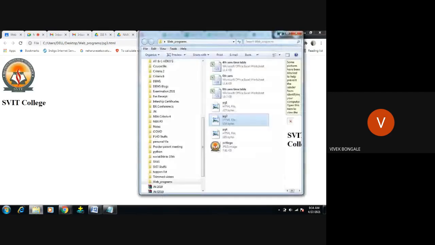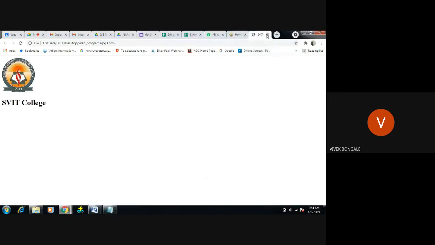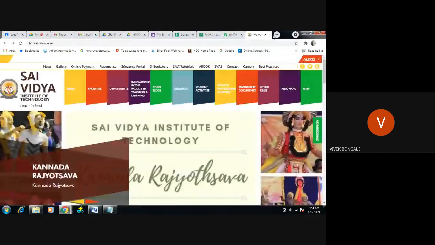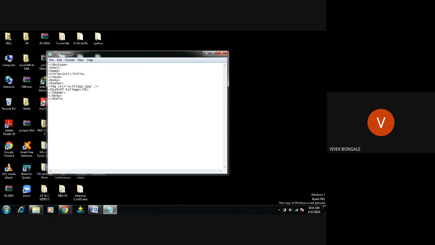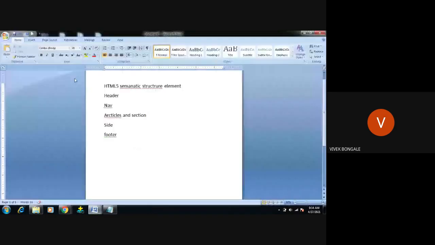In header, I want to group. What does the group mean? See, I have given just one part. In header I gave one statement, that is svit college. I want to group this, meaning it should fit to a particular size. For example, like 5 inches. Okay, my website header size is 5 inches. Till here I just want to display over here, right? Till here it will be a header.